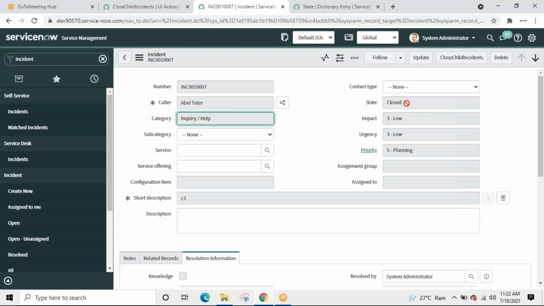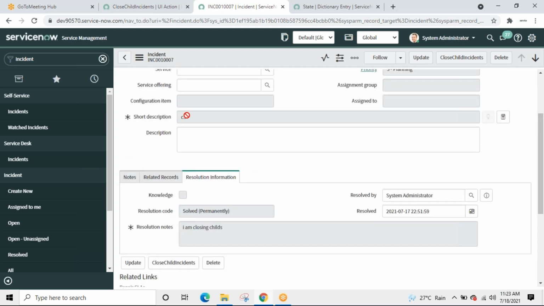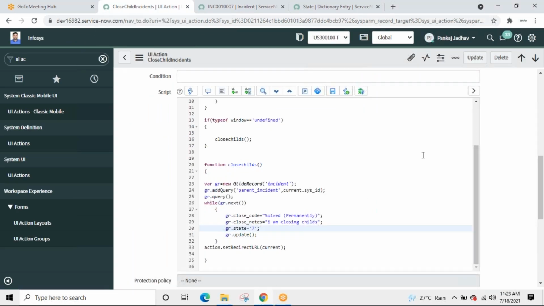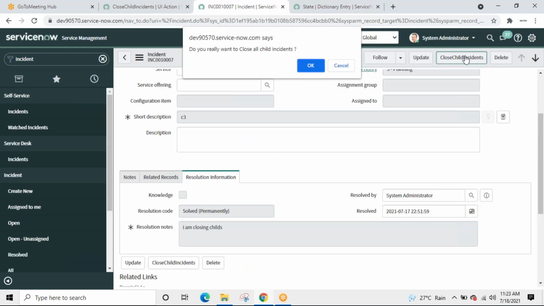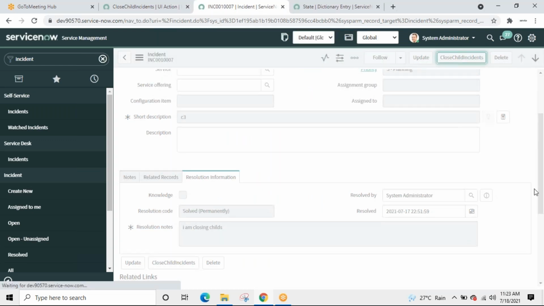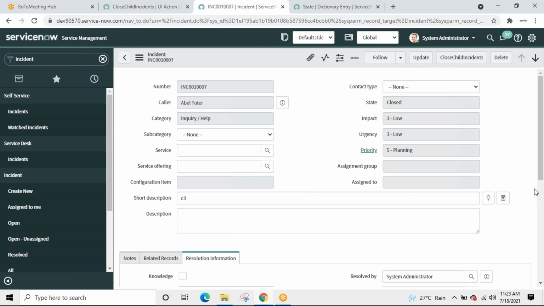Hey, it didn't throw the alert, right? It should have thrown an alert. You people didn't tell me. Let me quickly check. It should ask for yes, no, correct? It asked, Pankaj. Did it ask? Yeah. Okay. Let us do it again. Okay. Fine, it asked. And that's how it will close the incident.